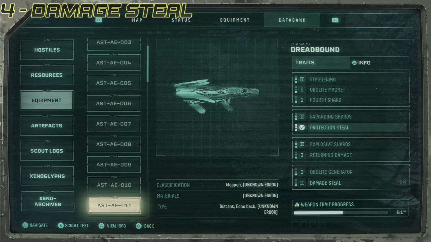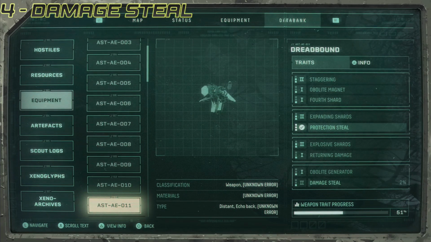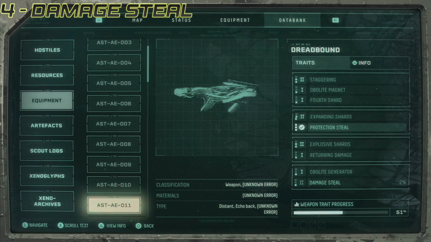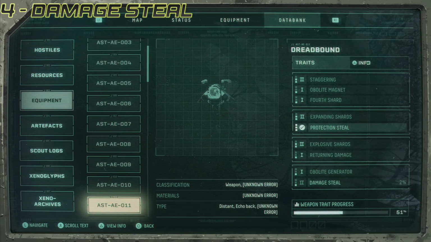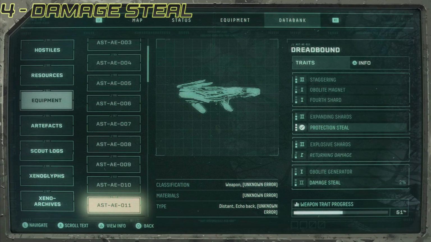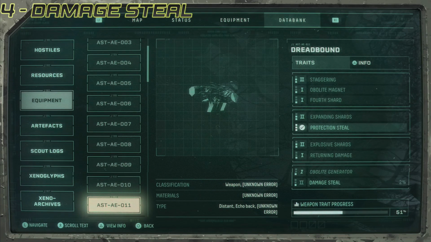The second pair is either returning damage or explosive shards. Returning damage causes damage to the enemy as the shards come back to you. You will hit an enemy and then the shard will, let's say, detach from the enemy and start traveling towards you. It's a secondary hit to the enemy that will also cause damage, but explosive shards are very damaging, cause a small AoE effect, and can take out some of the fodder enemies just by being in close proximity to